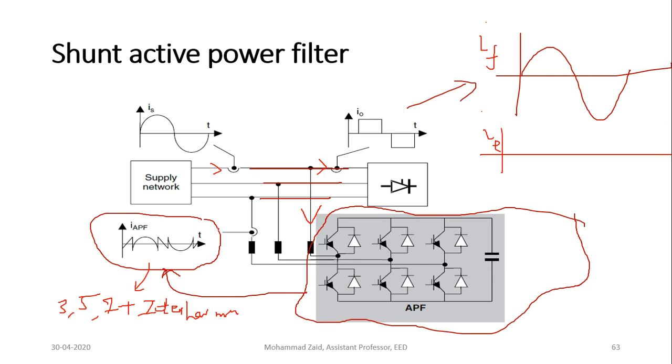This is the shape of the harmonic current, and the filter produces the opposite. What is this filter? It is basically nothing but an inverter. You are generating a current of your magnitude, phase and frequency, which is opposite to the harmonic current produced by the load. So to mitigate this type of current, these switches, 1, 2, 3, 4, 5 and 6, need to be controlled in such a manner that the current produced here is exactly the opposite of the harmonic current.